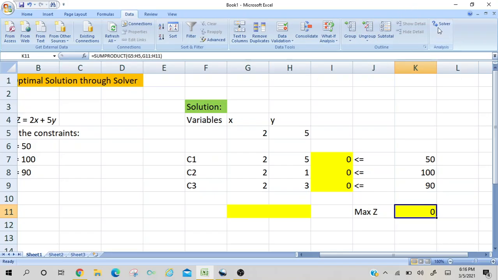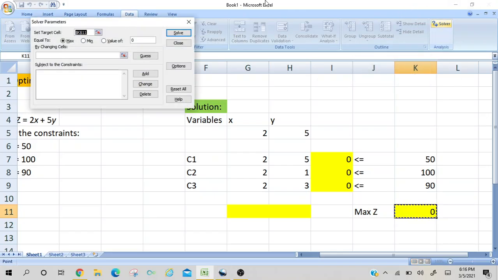Then after that, come to the Solver application and click on it. As you can see, it is asking for the target cell where we need to find our maximized or minimized value. It depends upon the case. I want to maximize that value for my question in the K11 cell, where we have applied our formula. It is already selected here, because before starting Solver, I had already selected this one, so it has already taken our K11 cell. Okay. Now in Equal To, it's asking what type of case it is.